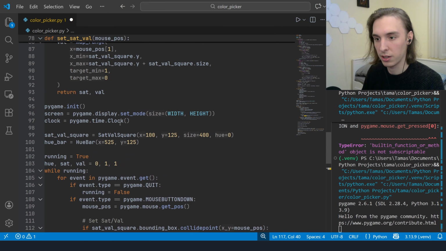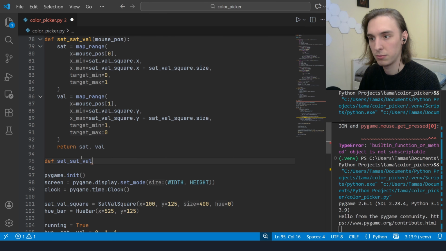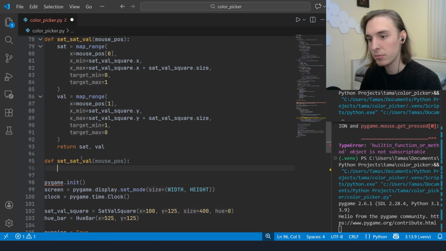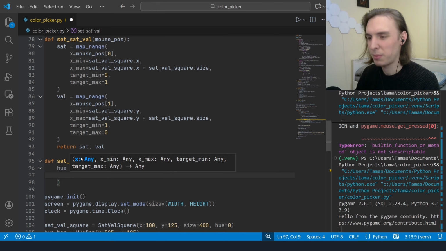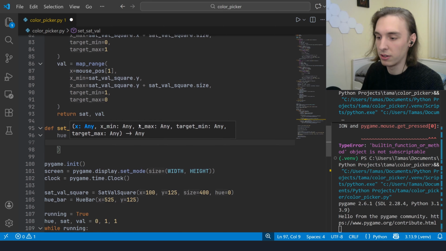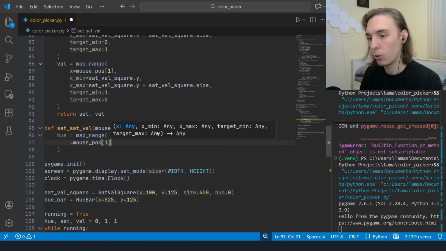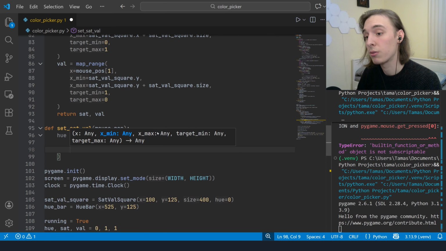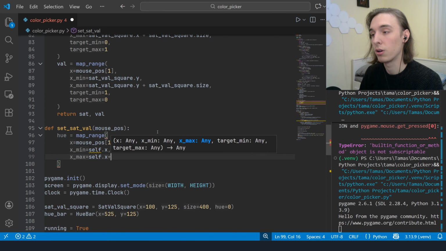Let's be consistent. Let's make it a method as well, or a function, I guess. Def set val of mouse pos. And, well, the hue is again map range. Now we only care about the Y position because the X is already getting filtered in here as long as I collide with the rectangle. So mouse pos of 1. And it's coming from self.x to self.x plus... No, dot y. y, and